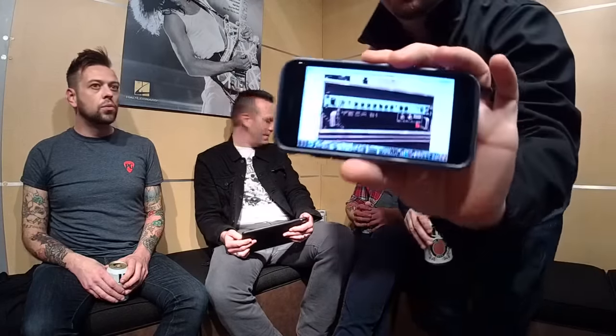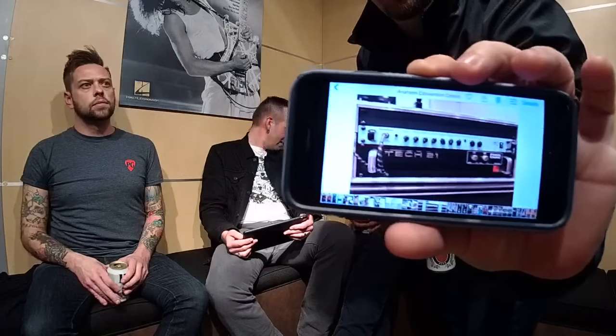Geddy Lee rules, bro. So, a Geddy Lee Sans Amp, Tech 21 Sans Amp, a rack mounted affair here. Is it like a Geddy Lee signature? Yeah, a Sans Amp Geddy Lee signature. It has drive and a deep channel. Like Jason said at the booth, this is the closest we're ever gonna get to a Rush rig rundown with Geddy Lee. It has a bunch of stuff like XLR outs, dual rear inputs,